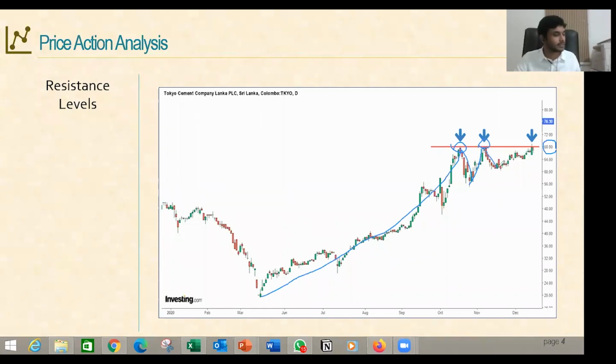After that, price starts to go down and then again starts to test, and we see some resistance during that particular day for Tokyo, the same 68 levels. However, be aware, though it is a resistance level identified based on historical confirmations, in technical analysis we expect history to repeat again, where these historical confirmation points can act as a future reference point for us to make our trading decisions, where we expect historically there's resistance confirmed at this particular price level.